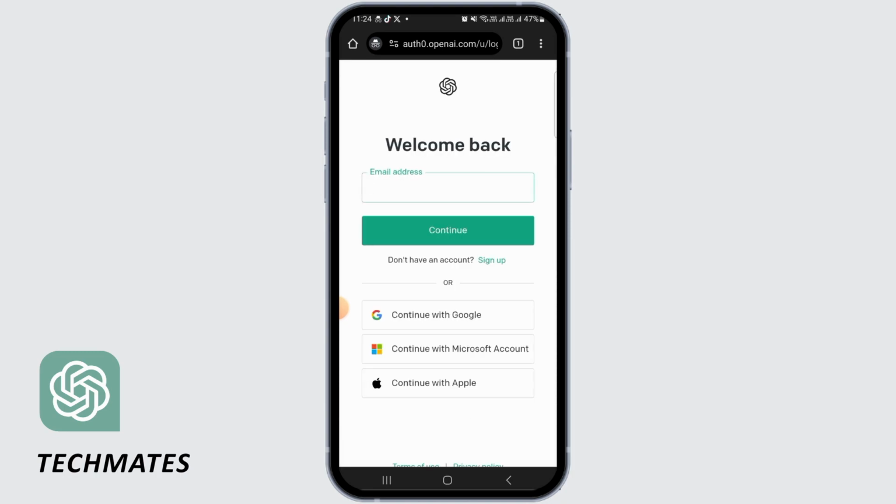But if you keep on getting this error, then you might want to switch your browser. So if you're using Google Chrome, you can switch to Safari, or if you're using Safari, then you can switch to Google Chrome. And if that doesn't work, then you can simply open this in the Safari's private browser as well. So these are some of the ways on how you can fix this issue, and that's it for this